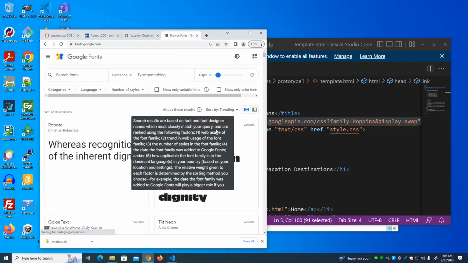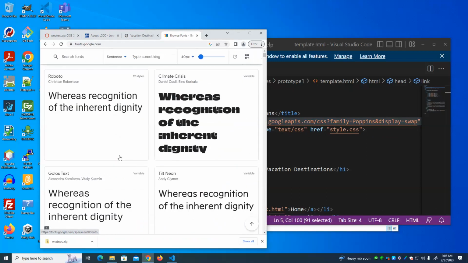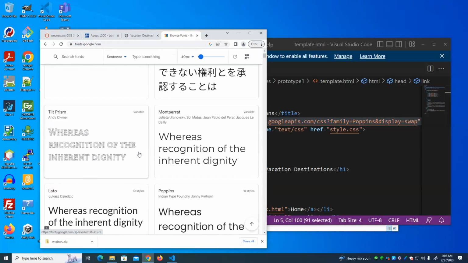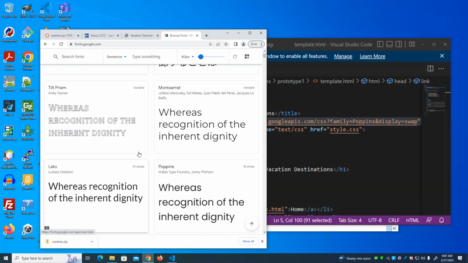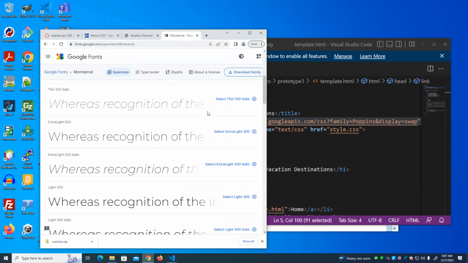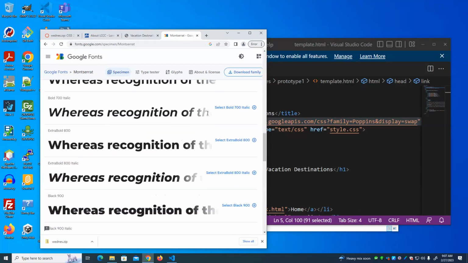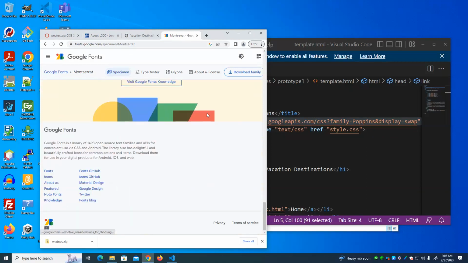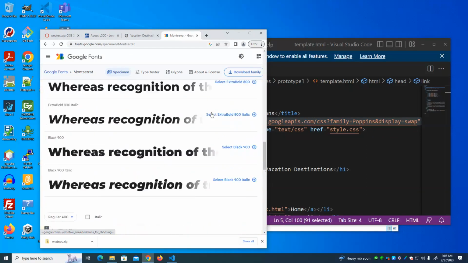browse the fonts on Google, and we can pick a font that we like. Let's say we like this one. That might even be the one I use. I click on it, and it will show me what it looks like. Somewhere on here,